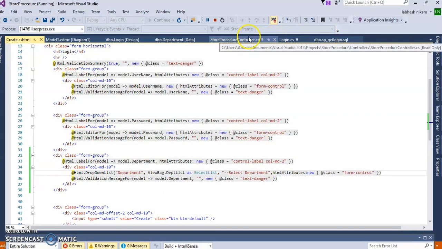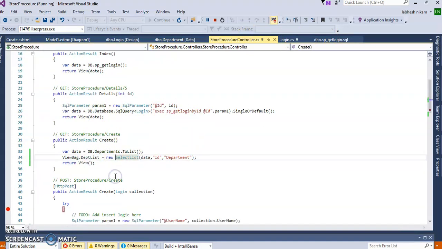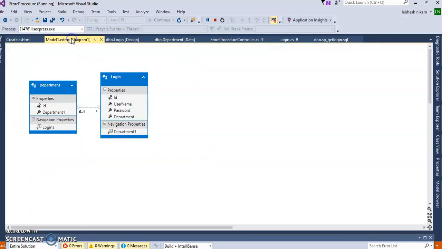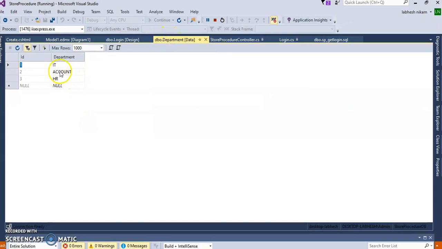Let's go to the controller side and see here in the create method. Yes, you can see here in the model, in the department table, there is a Department1 property. After creating the model, the name was changed from Department to Department1, because there is the same property in the login table, Department.